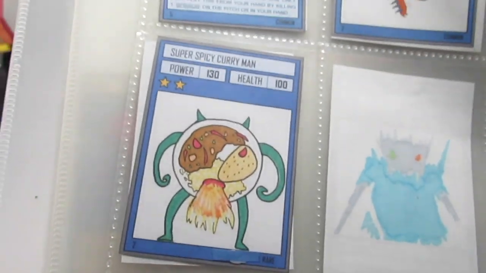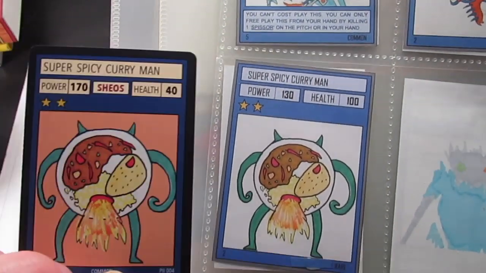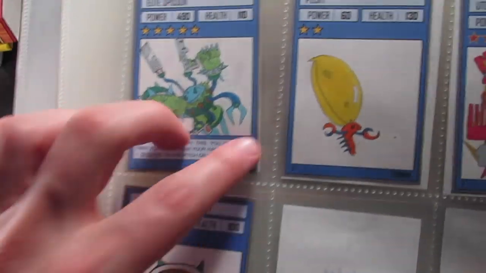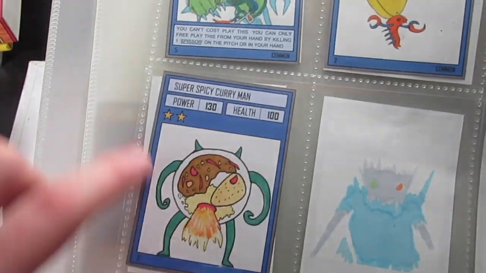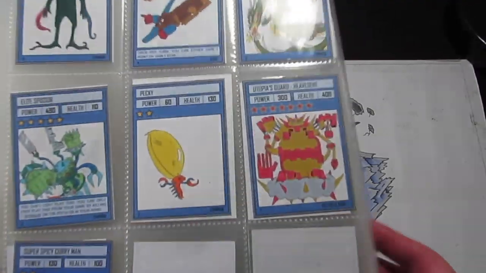We've got Super Spicy Curry Man. I actually took the artwork straight from this and put it in the current Chaos Galaxy. So there wouldn't have been this black outline. I went back, it was like a pencil drawing like this. Would have drawn over it in pen and then just put it in the current Chaos Galaxy game. Got a couple of missing cards here, unfortunately, which sucks, but